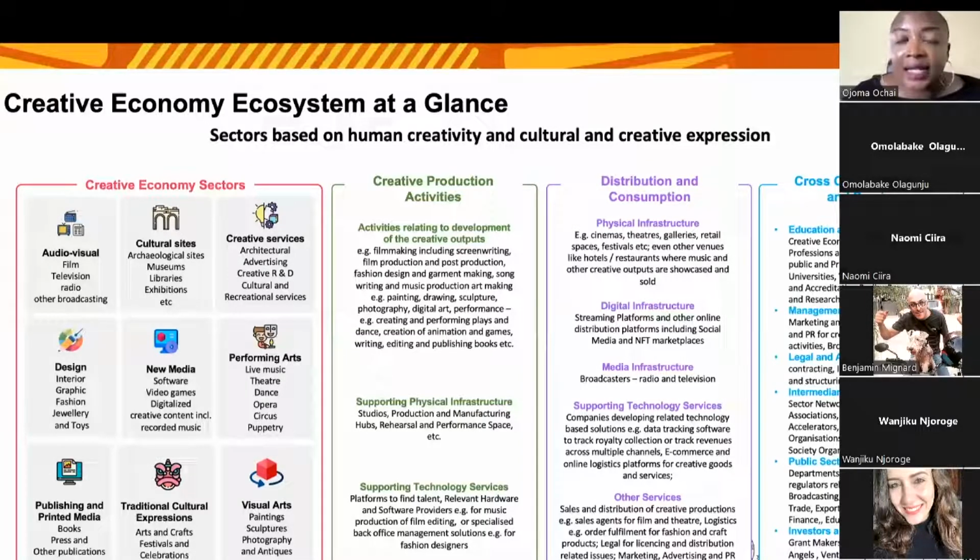So if you're working in a sector, you need to understand who is training people in all the skills that I need for my company, because that information can help you target staff. It can help you target people to partner with. It can help you yourself access opportunities for training and building your own professional capability. These can include universities, polytechnics, or just training programs that are run by different institutions, including training programs like this accelerator program by Fashionomics Africa. So you need to be on top of and aware of education and skills providers for the sectors in which you're working.